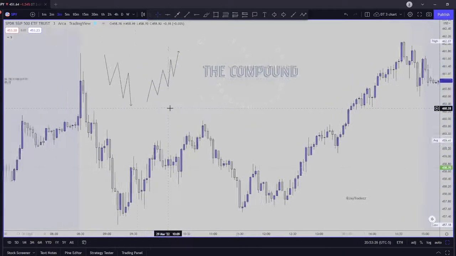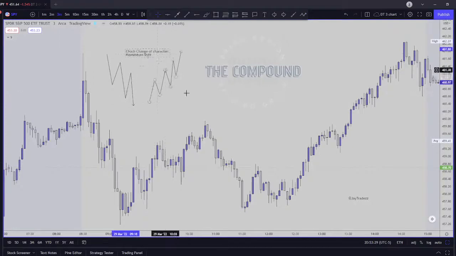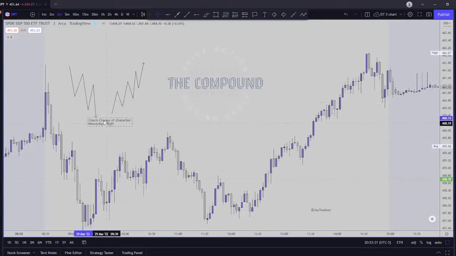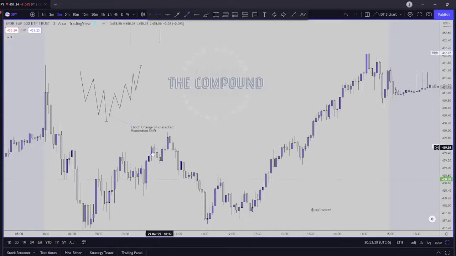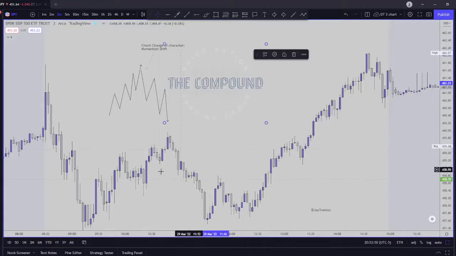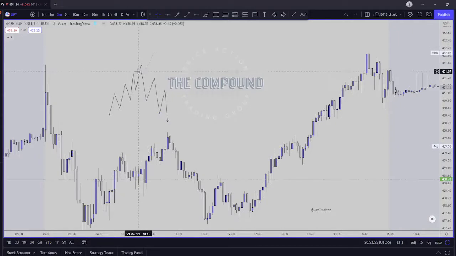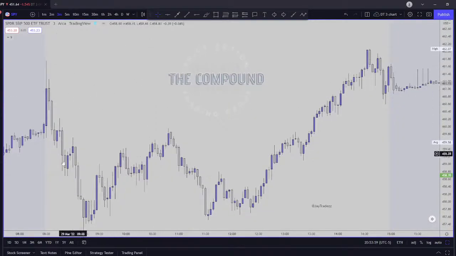So where this change of character comes into place, it's the momentum shift here. This is where that change of character happens. In this area, and vice versa, to the downside, in this area. So now that we have our structure types that we would be looking at here,